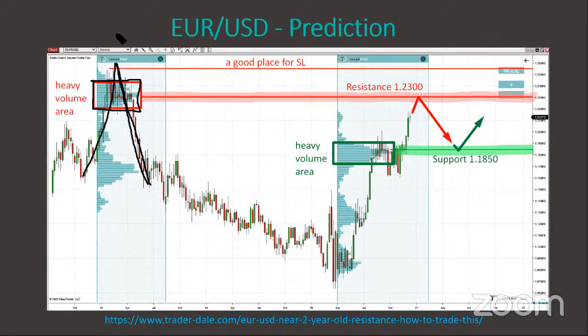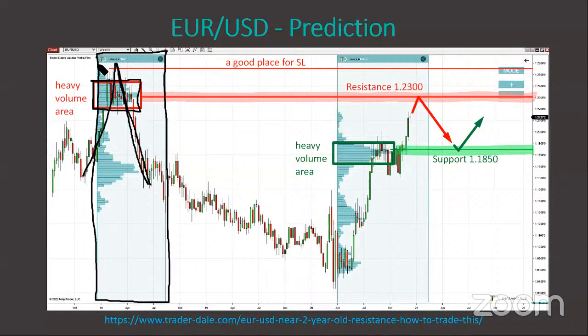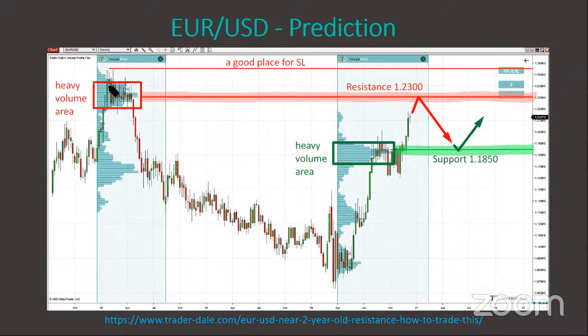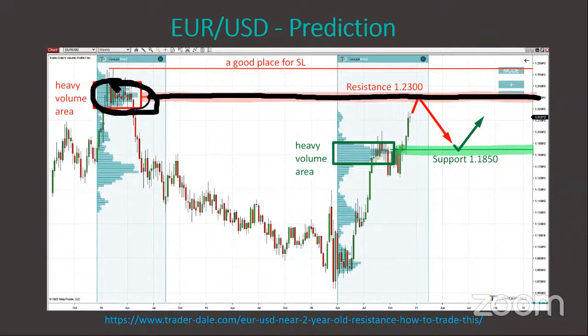What I do when I see such a strong rejection is I use my volume profile. I use flexible volume profile. This is volume profile. You can move around the chart, look into specific areas in the chart. So you use the volume profile like this, and you look into the rejection area. You look for significant volume zones like in here. And I hope you remember the most important thing from this webinar is that heavy volumes are strong support and resistance zones. So this one was a strong resistance. What happened was that the big guys were building up their shorts in here, and then they rejected the higher prices and pushed the price downwards.